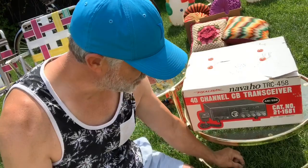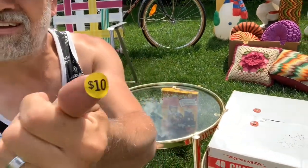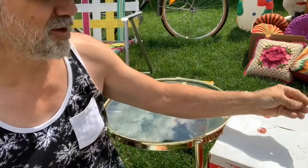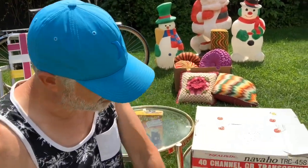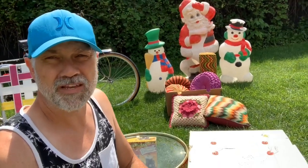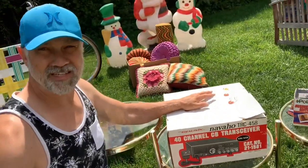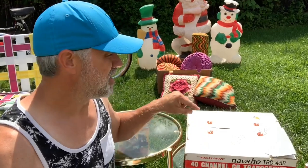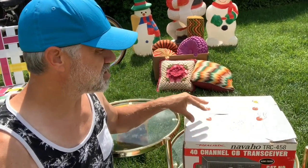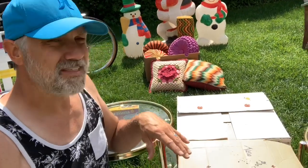And then last but not least, when I picked it up yesterday, 10 bucks. 10 bucks was over top of the $25. And I've sold these CBs before, usually the Cobra brand. You can get like $60 to $100 depending on how complete it is and the condition. I was pleasantly surprised when I bought this for 10, didn't have to do a comp on this. You see something like this, you buy it for 10 bucks. Didn't have to do a comp on it, just snapped it up and was pleasantly surprised to see that these